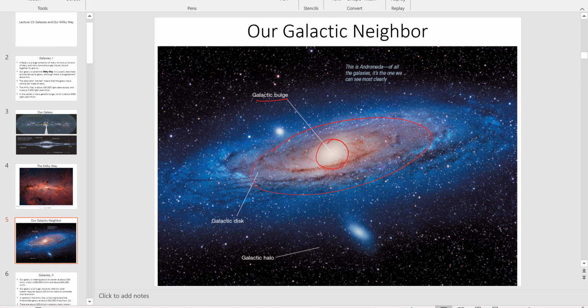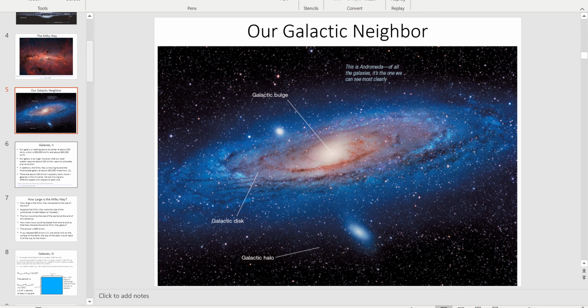There's a background in this picture. All of these stars, well, actually they're galaxies, really, although they're, of course, made of stars. But nonetheless, everything in the background is not part of the Andromeda Galaxy. But surrounding the Andromeda Galaxy in this picture is this essentially invisible halo. There's some visible matter in the halo, but the halo is generally made out of dark matter. And we will talk about dark matter a little bit later in this course. I'm going to leave as an open question what exactly dark matter is for a little bit later.